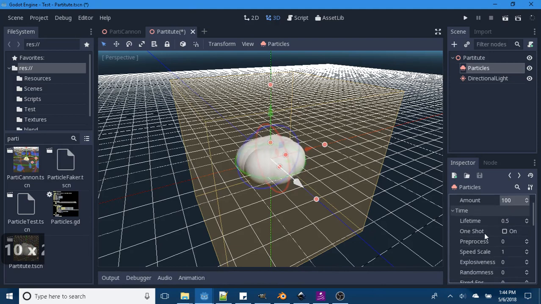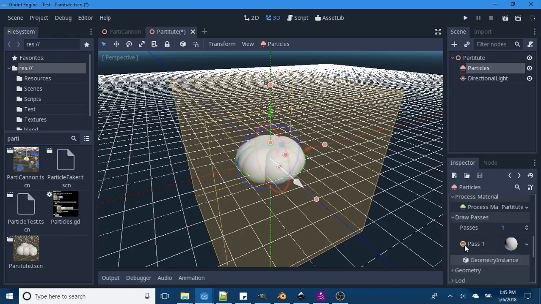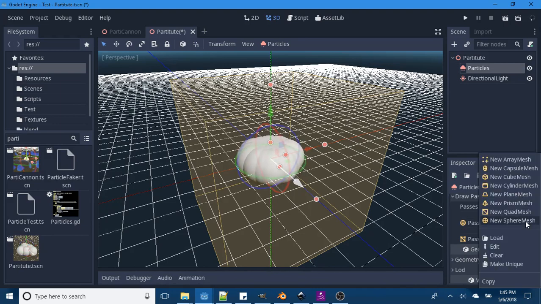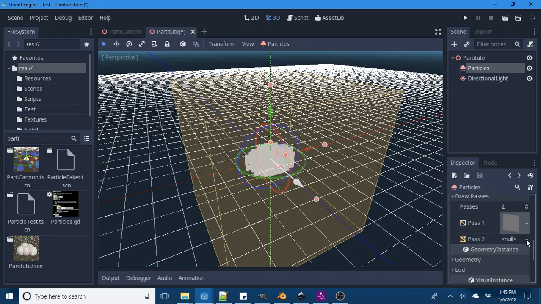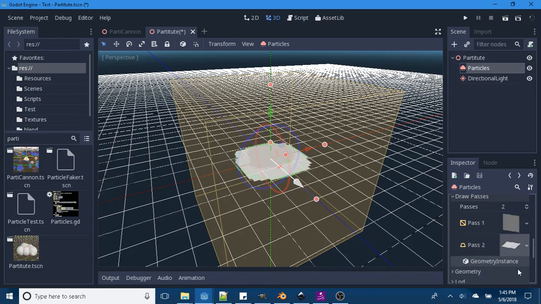Give ourselves more particles. Now here you can increase the passes. Let's do 1 quad mesh, 1 plane mesh,